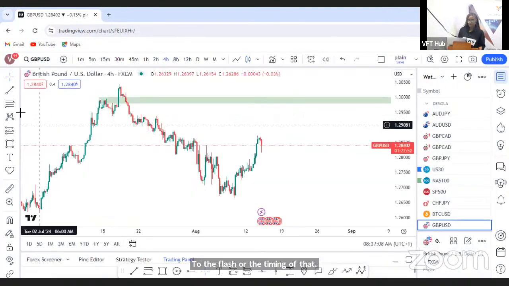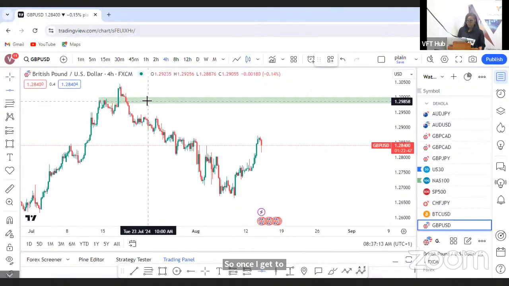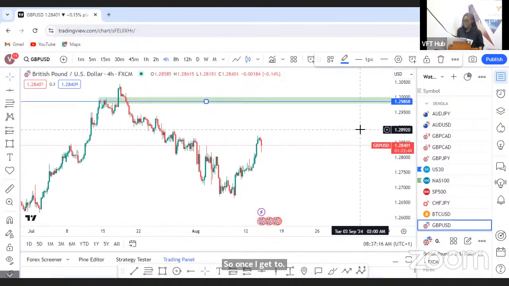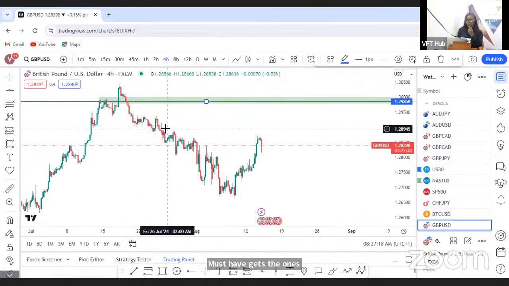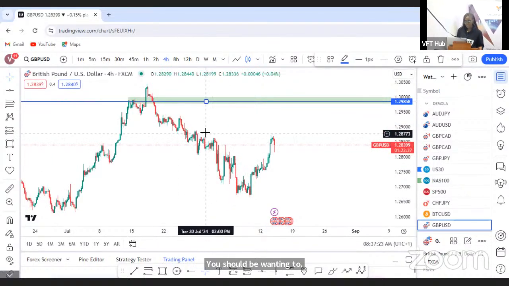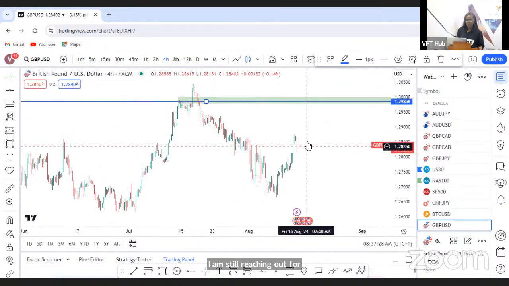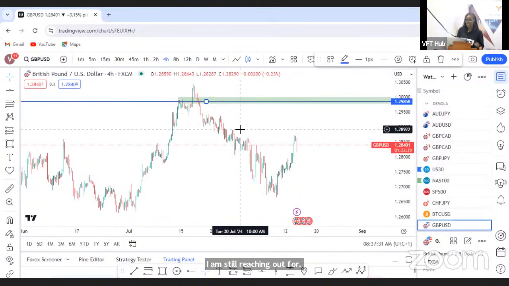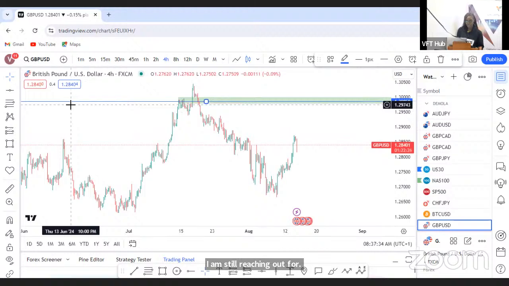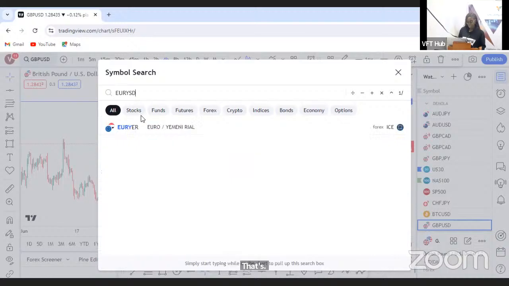Keep hammering on that. So once I get to 1.29858, we should be warming up to sell entry on that point. But I am still looking out for the buy, right? GU is a buy to sell, buy to the shoulder and sell off that shoulder. Except of course if there is a box pattern failure, then we know that it's the buy in full force, right? Then now to do USD.